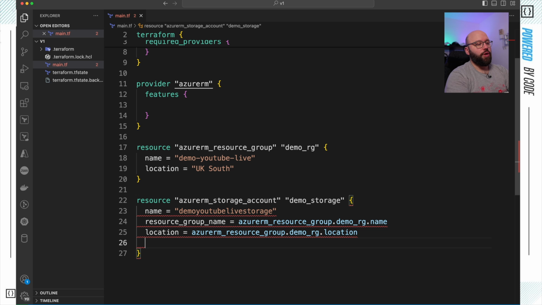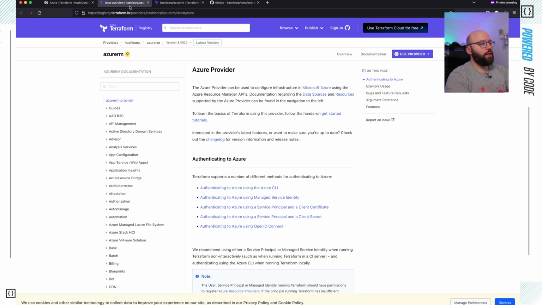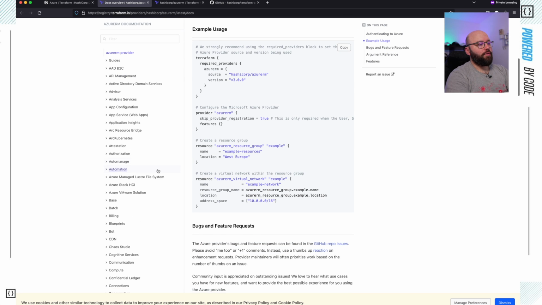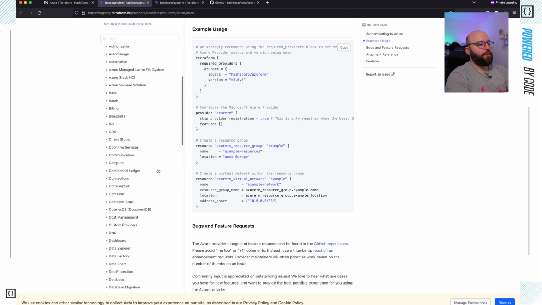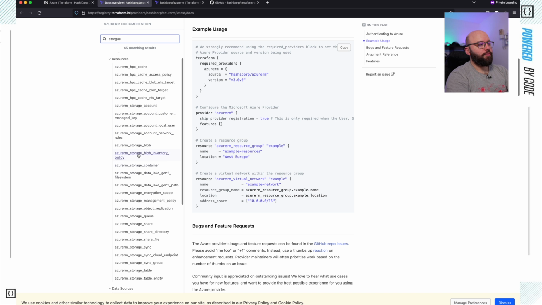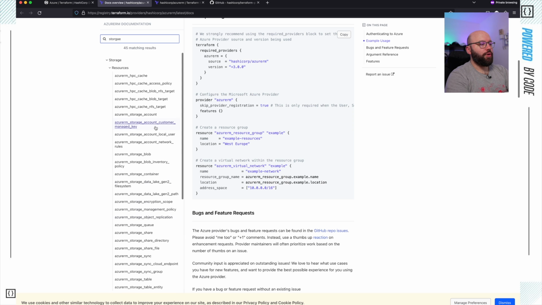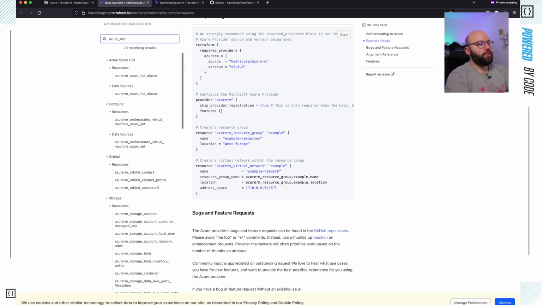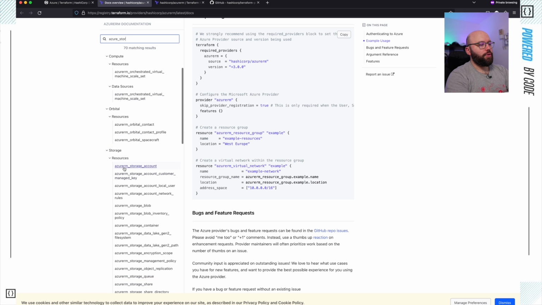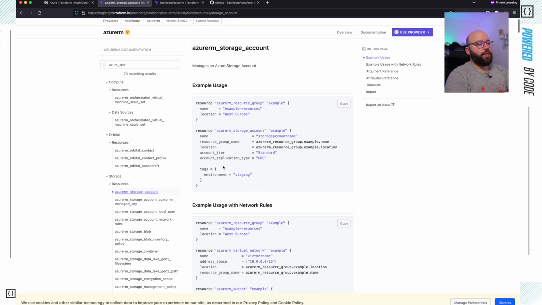And if you're wondering how do I know all of that, if we go back to the documentation here, we can see that within Azure RM, I have all of these different resources that I can create. So now let's see what happens if I type in storage, and we can see within storage I have Azure Blob, I have data source, I have a lot of different information, but what I'm interested in is Azure storage. So I can put Azure storage, and if I go under storage, we can see the Azure storage account. So if I click on it, we can see here the sample example that this provides me,